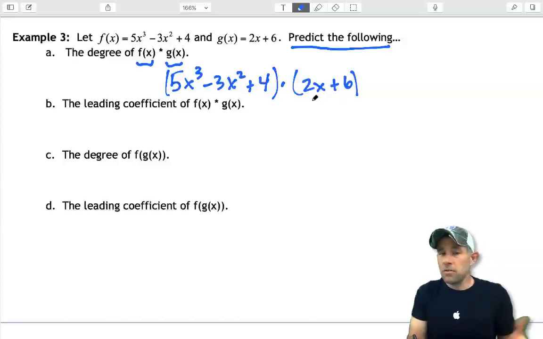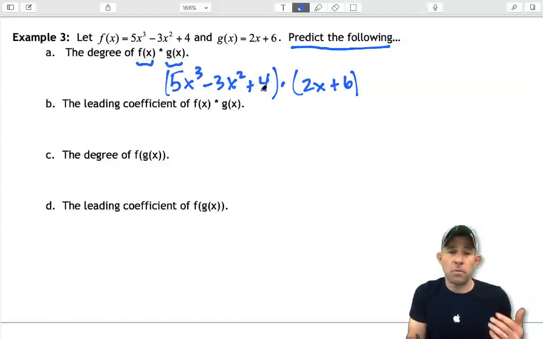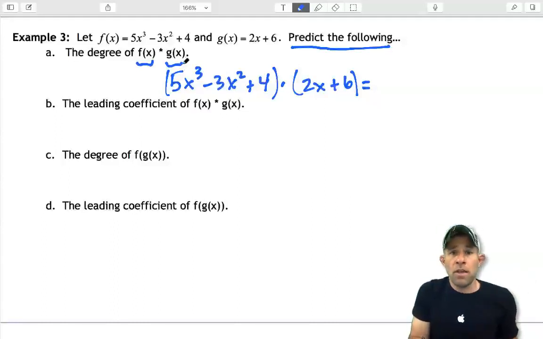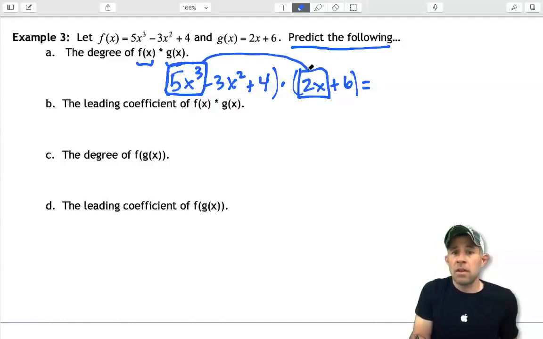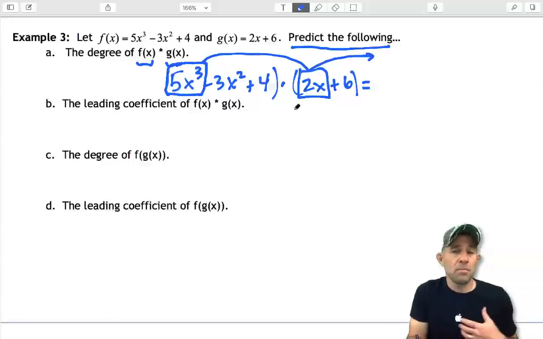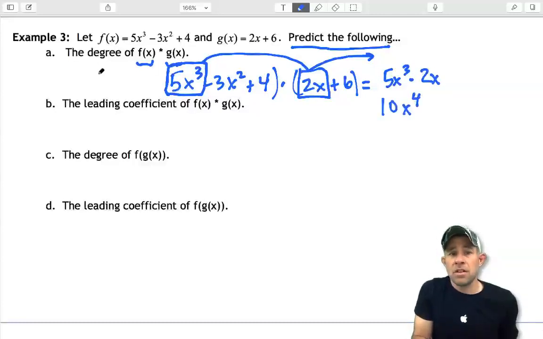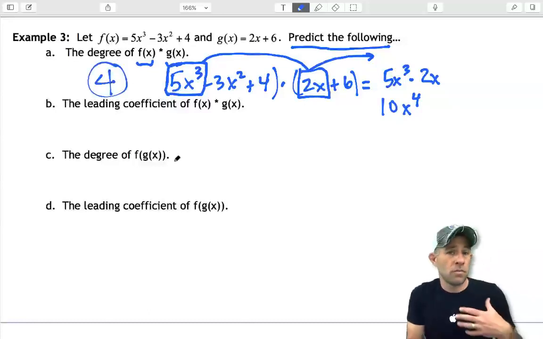Now, what we're going to have to do in this case is do this distribution property. I'm going to have to multiply each term in my first polynomial by each term in my second polynomial. And if we wanted to predict the degree, remember the degree will be the highest exponent. Well, that's going to occur when I multiply the highest power in one polynomial to the highest power in the other polynomial. So I can obtain the degree of my product of these two polynomials by simply multiplying my 5x cubed and my 2x. When I multiply those, I'm going to get 10x to the fourth. So I'm going to say that the degree of this product will be 4. It will be a